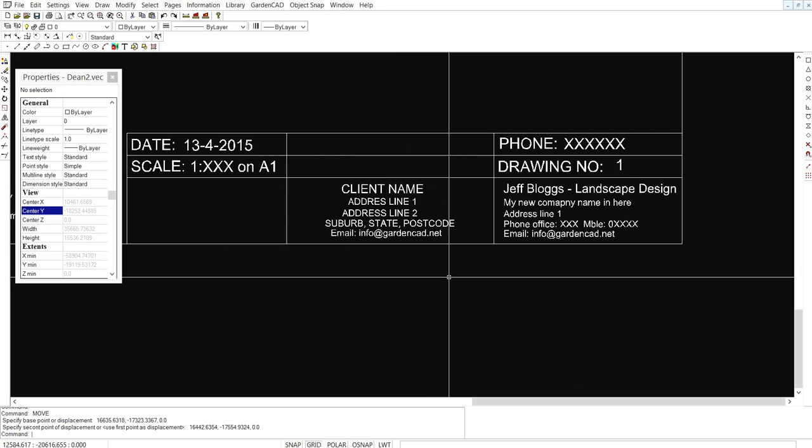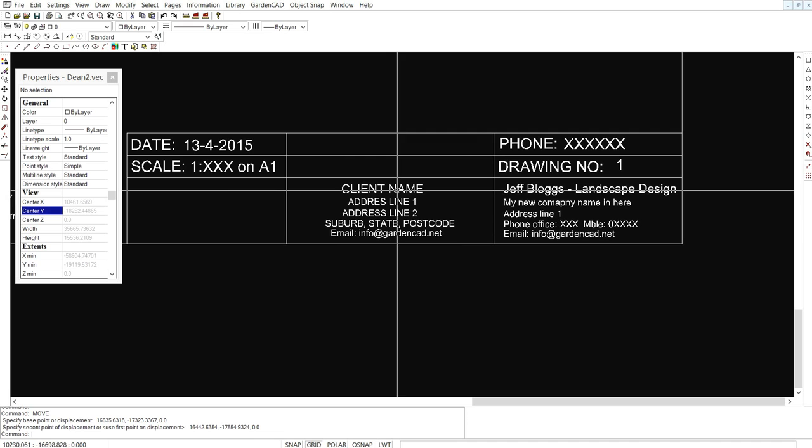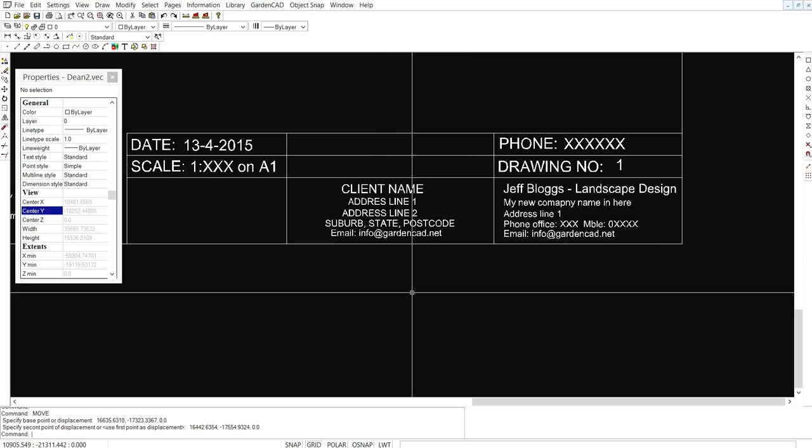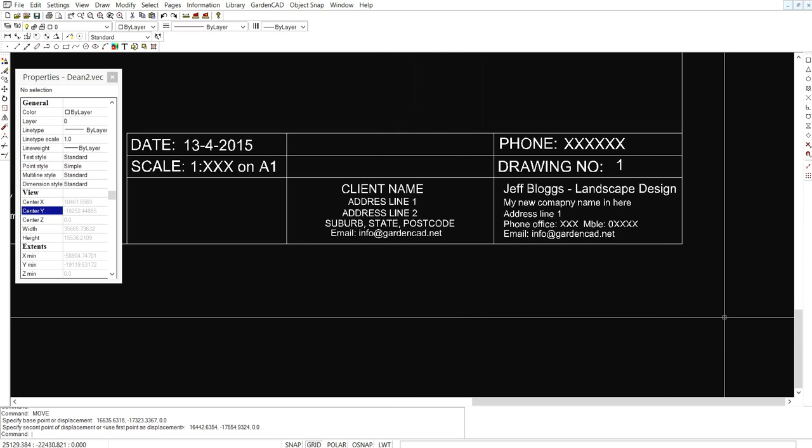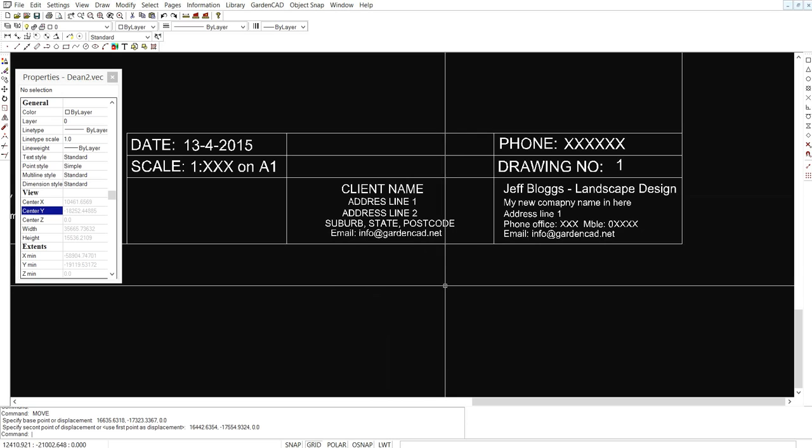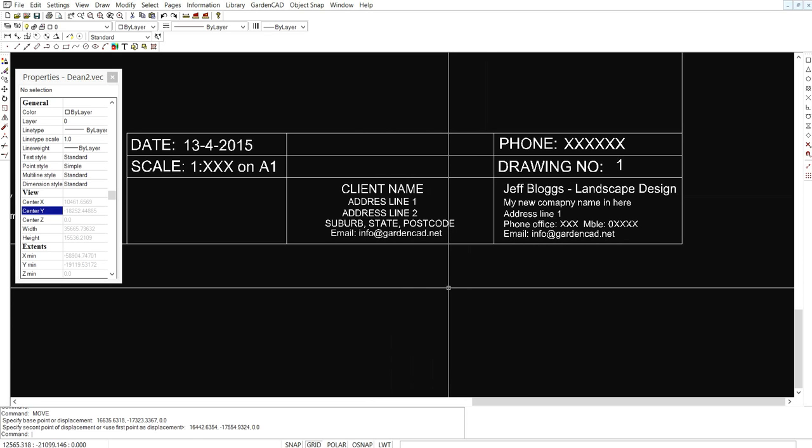If we use it in lots of drawings, what we'll have to do, to get the new client name in there, is explode the block and then edit each of these: client name, address, line 1, line 2, line 3. What I'll show in a separate and different movie is that these would be much better as attributes in the title block, and then without exploding, you'll be able to dive in and change those. So we're working towards developing a title block that we're going to put into the layout space or the paper space area, and we're going to store it in our blocks folder and use it over and over again on many projects. And we'll even use it in developing a template